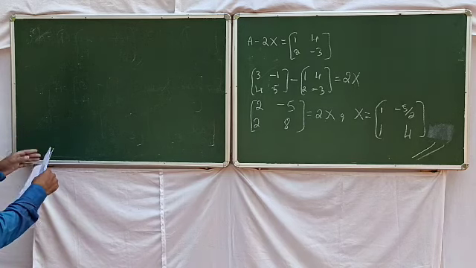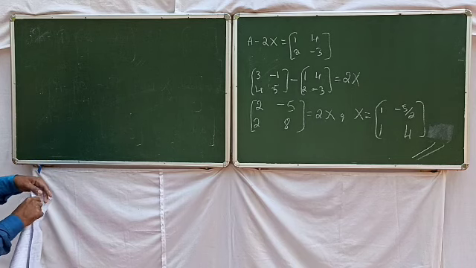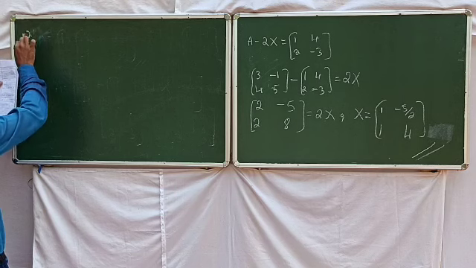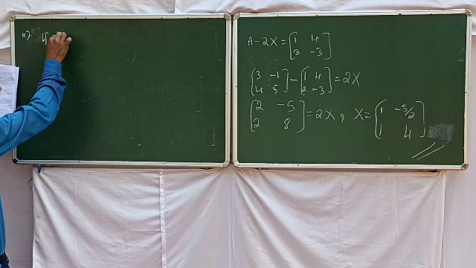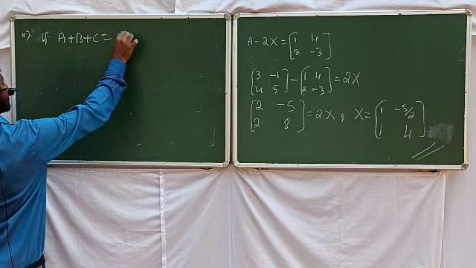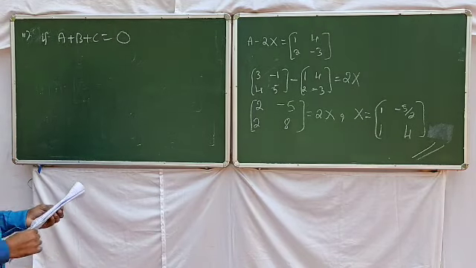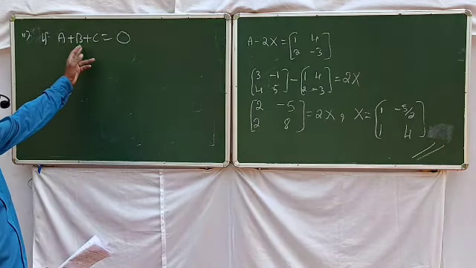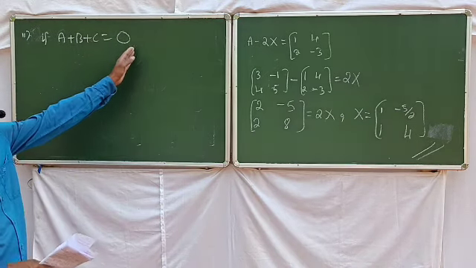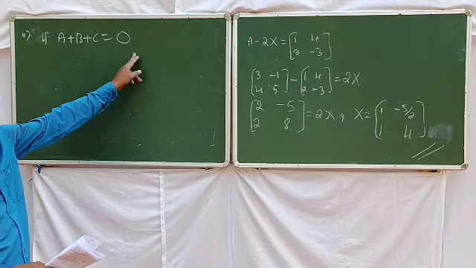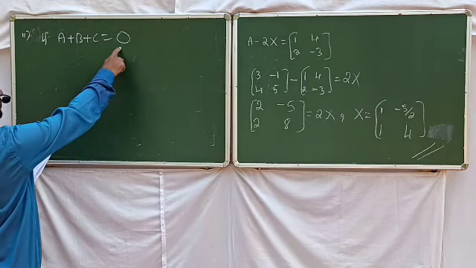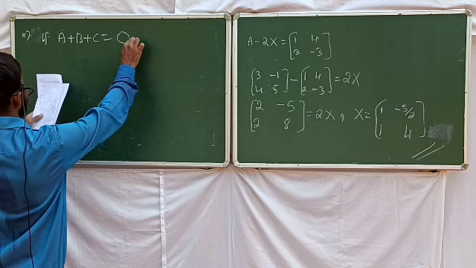A plus B plus C is equal to 0. Okay, see matrix A. Okay, 11th question maybe. If A plus B plus C is equal to 0. Since we are in matrix chapter, clearly A, B and C are matrix. Addition of matrix is again a matrix. Okay, it's not a real number 0. Here they are given. See, if A plus B plus C equal to 0, where okay,